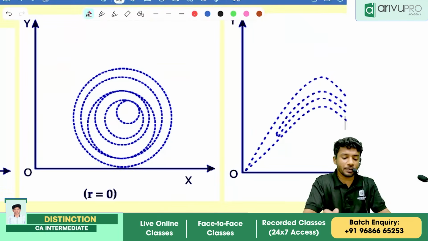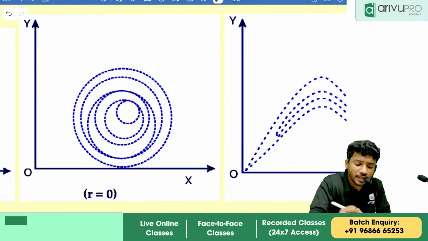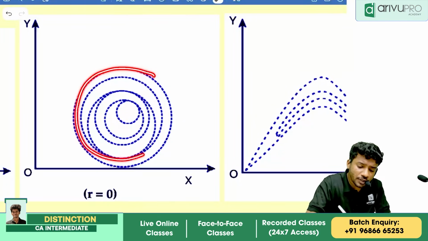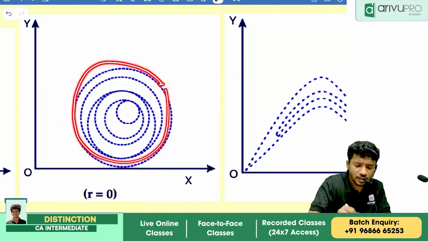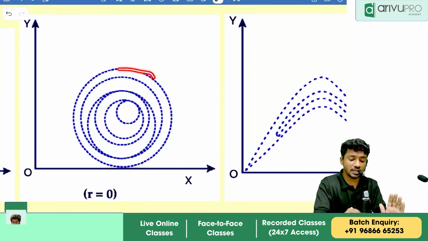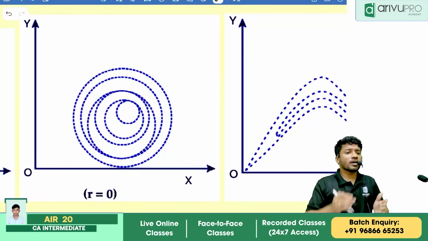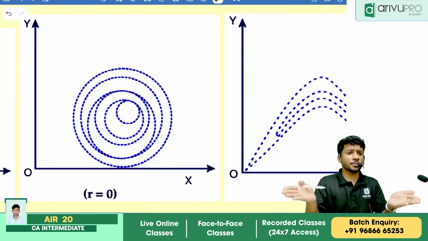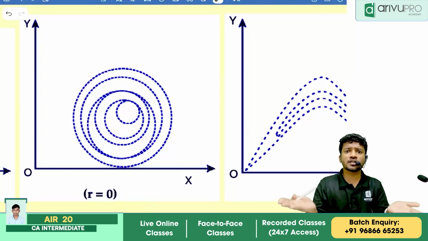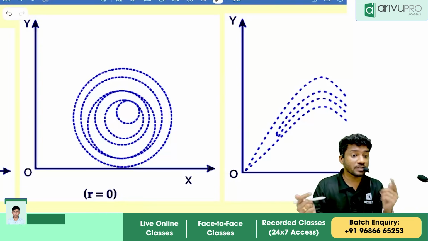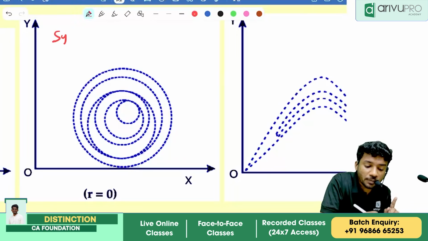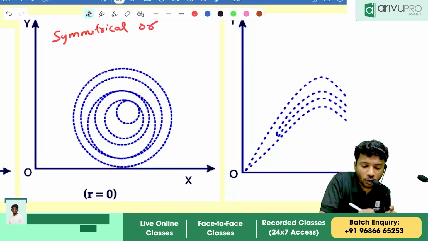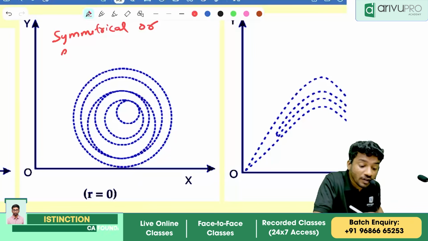Now the next one, people. Sometimes the graph will be evenly distributed or symmetrically distributed. If the graph is like a circle, only focus on the red line. Now, if I cut the circle into 2 parts, is it symmetrical? Yes, 2 semicircles of equal size will be there. Correct? Whenever the points are symmetrically, or the other word, evenly distributed,